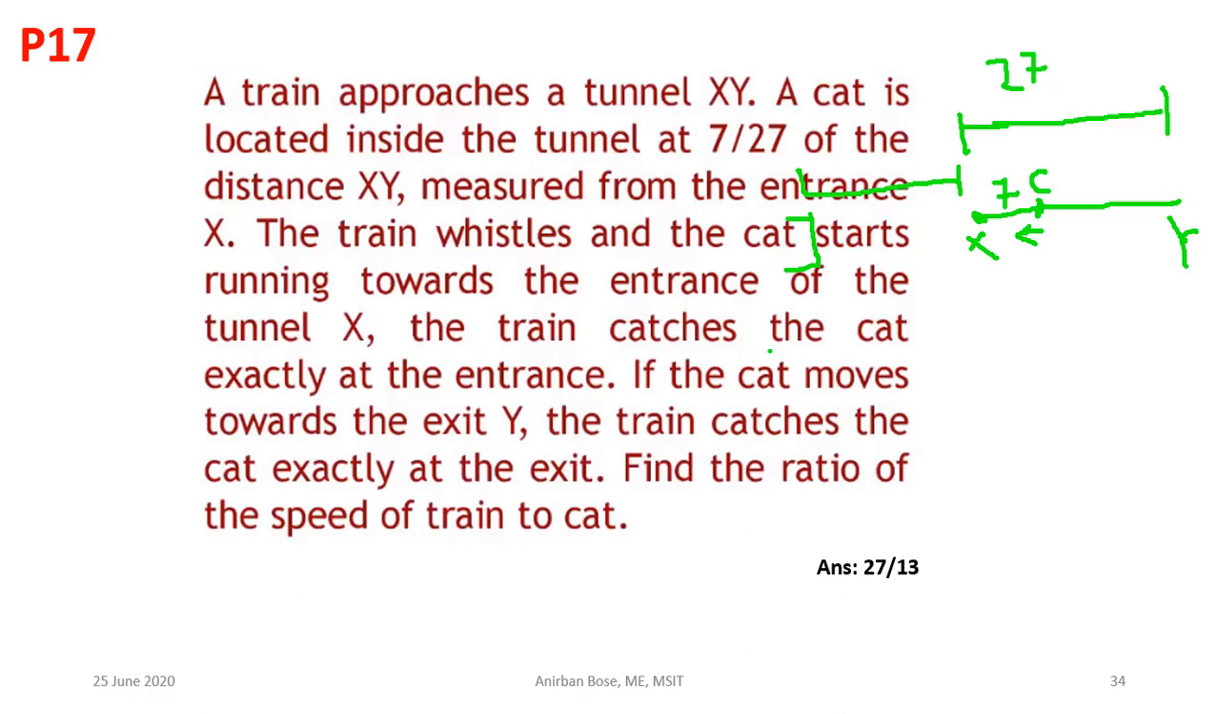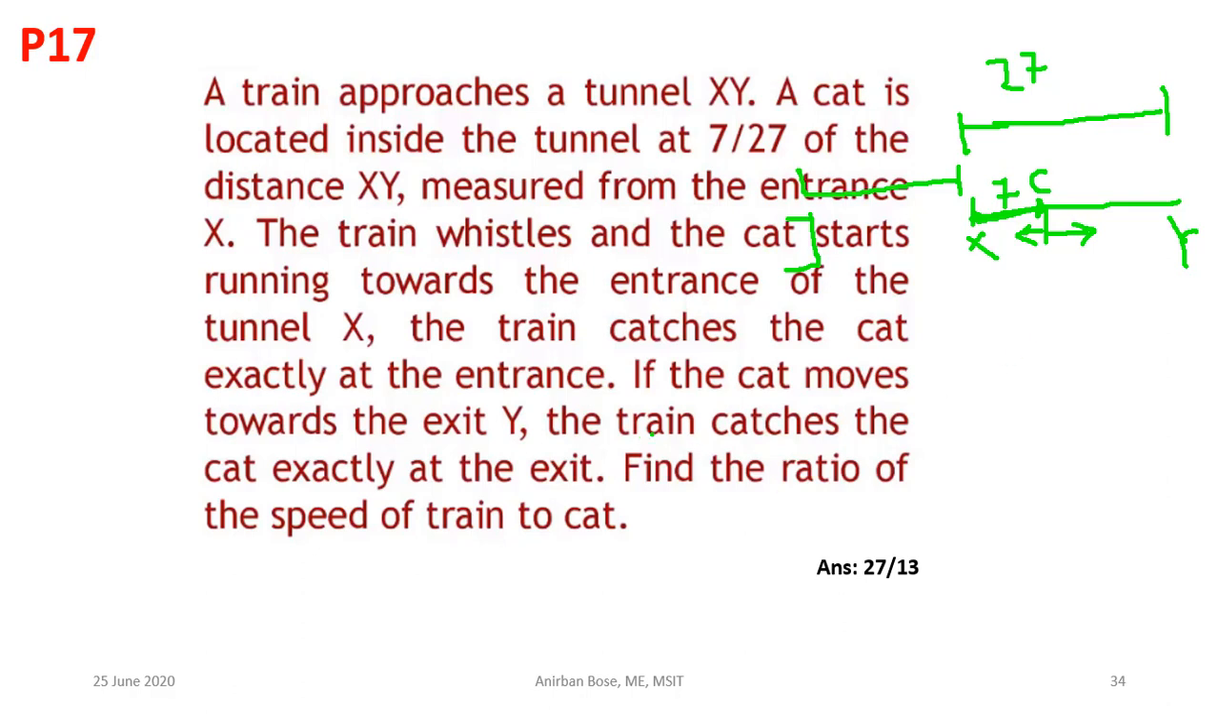and it has been given that the train catches the cat exactly at the entrance. So by the time the train comes to the entrance, the cat also comes to the entrance. That means in the time taken by the train to go from this position to the entrance, the cat travels 7 units of distance. Okay, so if the cat moves towards the exit Y, that means instead of moving in this direction when the cat hears the whistle, suppose the cat starts to move in this direction, then